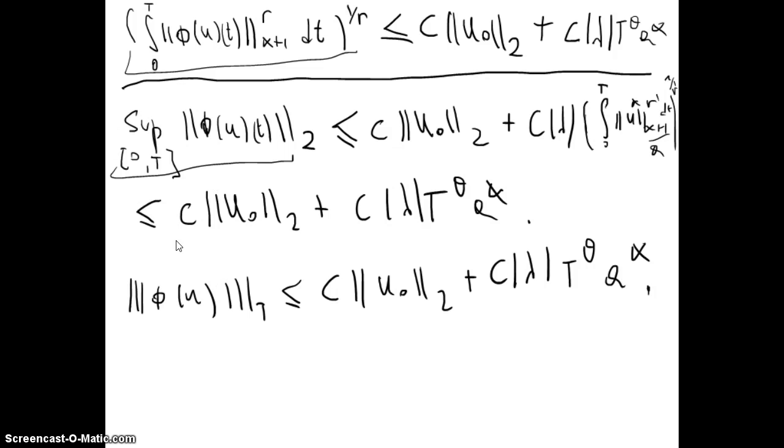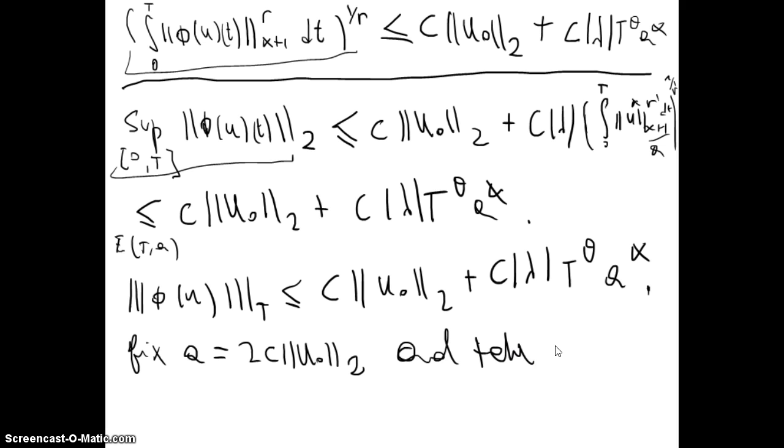Okay, so we reach this point where we obtain a bound for phi of u in the norm we define for the set E of T A. Okay, and so we can fix A equal to 2C norm of u naught 2. Okay, obtaining, and we can take T positive such that,